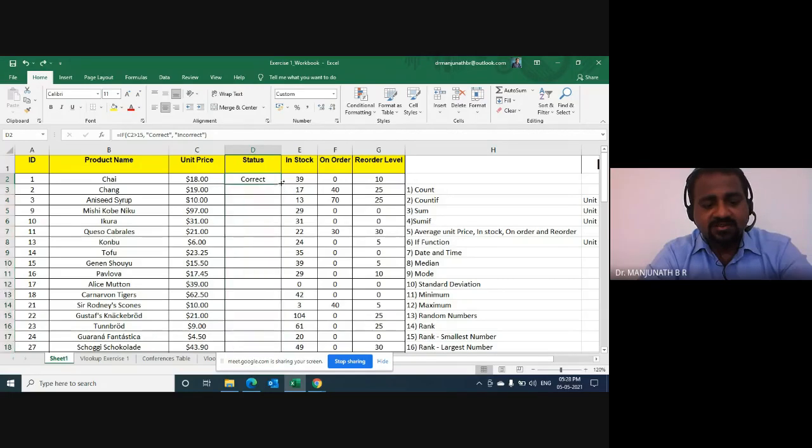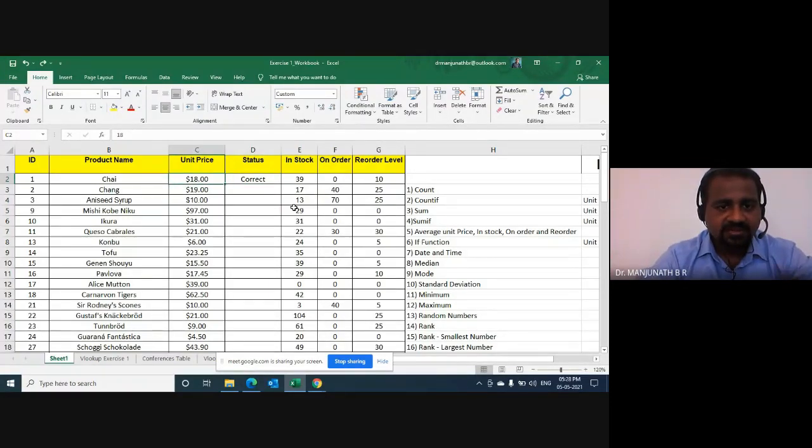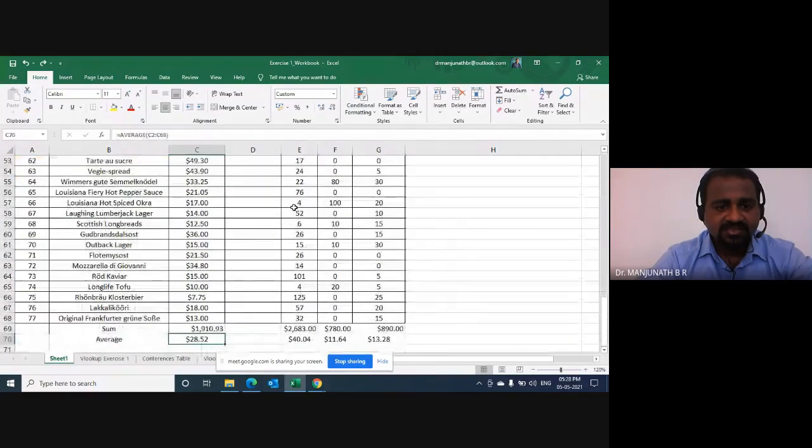Now I will do a Control Z and I will show you without using a mouse or a touchpad how I get the response for all the cells. Now I want you to come out from your Excel and see what I do in my Excel. I'll use the left arrow key. I'm in column C. I press Control down arrow key and go to the last cell of this data range.